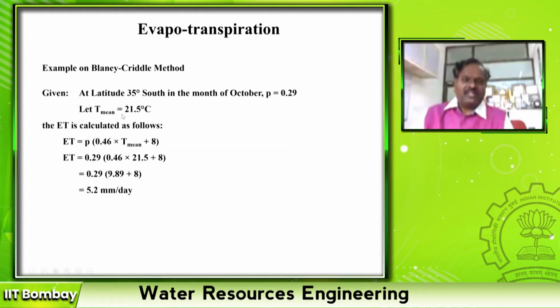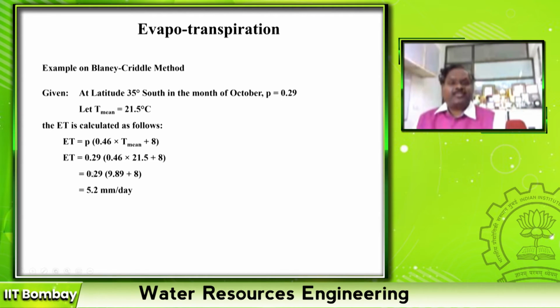Average temperature is the average of minimum and maximum temperature. In general in India we measure minimum temperature, maximum temperature and dew point temperature. And if I need average temperature, I just take the average of maximum and minimum. When it is an automatic weather station, temperature is measured at every time step. Then you can take all the average. That will be the average temperature measured, which will be different from this T max plus T min by 2.